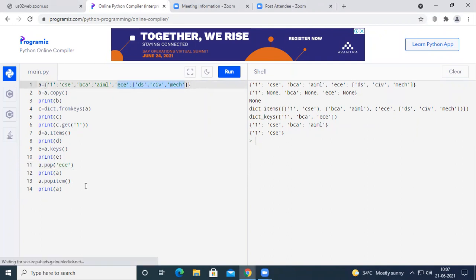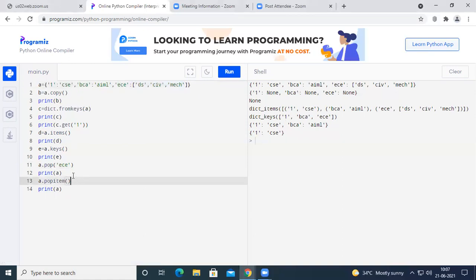So popitem is going to remove only the last element which was there in the dictionary, and that is in the latest versions of Python. But previously, for people using Python versions before 3.7, popitem would remove any one element randomly.